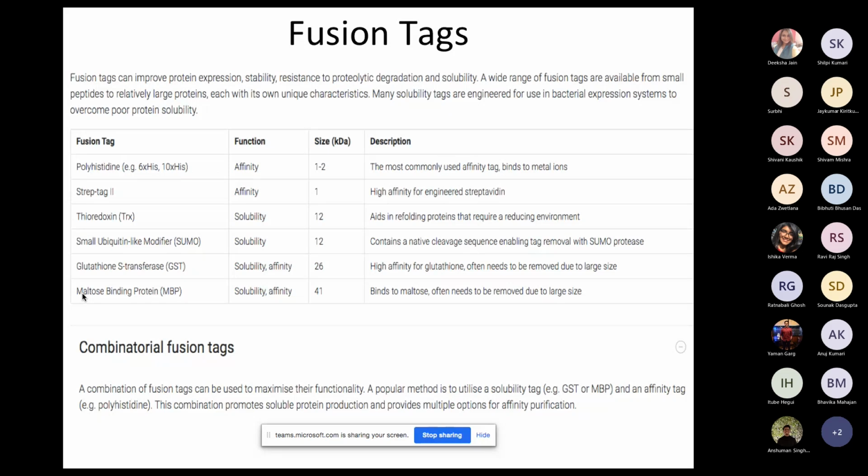So one advantage was the extremely high solubility and stability provided by the FH8 tag as compared to other tags. And the second advantage was that when they were doing further basic studies on that tag, they realized that it has an extremely good affinity towards calcium. So it's a calcium binding peptide. It means that besides being used as a tag which improves solubility and stability, it can also be very well used for affinity